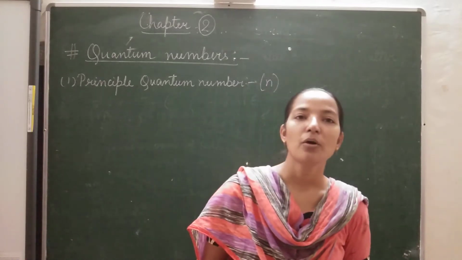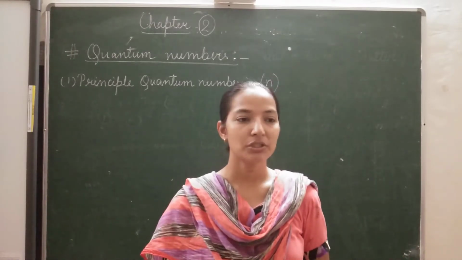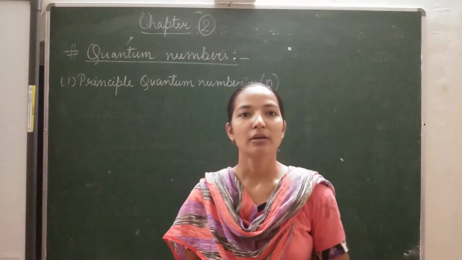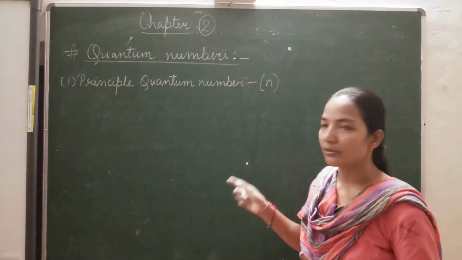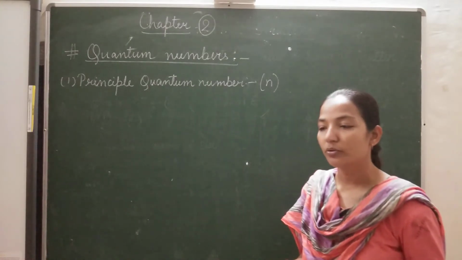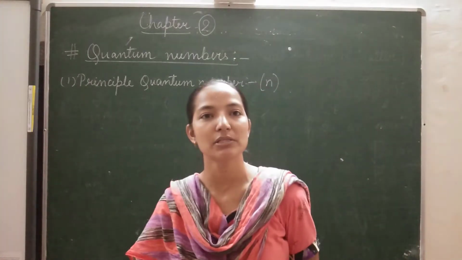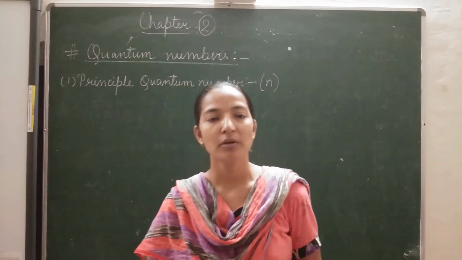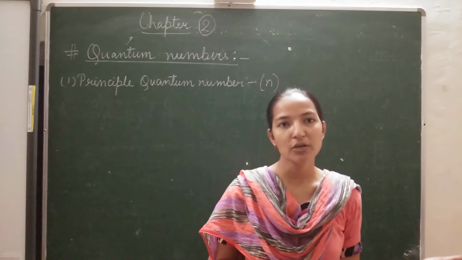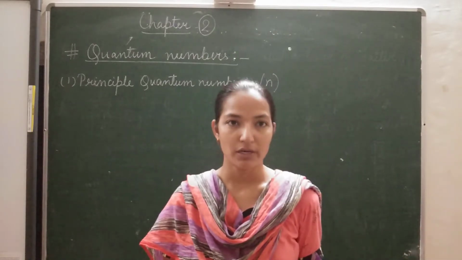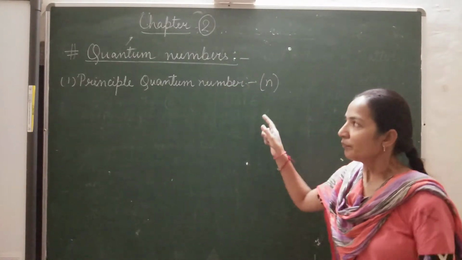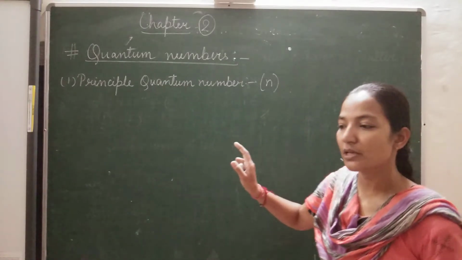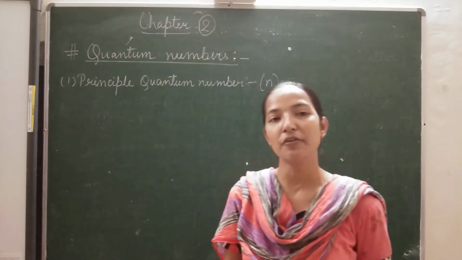We have learned about the Schrödinger wave equation. Schrödinger gave an idea about the quantum numbers. He gave the idea about three quantum numbers, that is the principal quantum number, azimuthal and magnetic quantum number, whereas later on the spin quantum number was also given. Okay, so there are four types of quantum numbers which give us information about the complete address of an electron